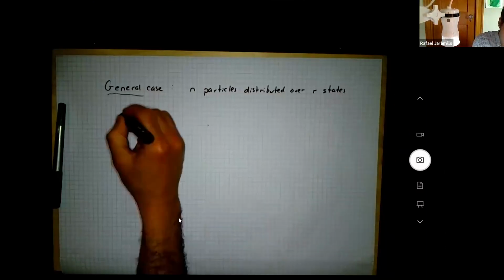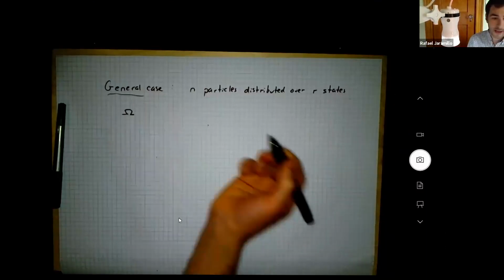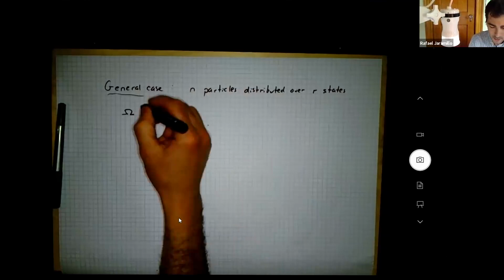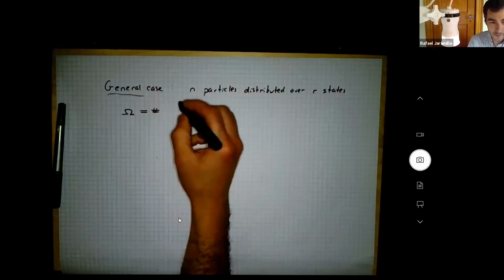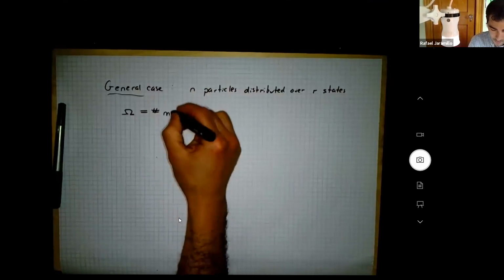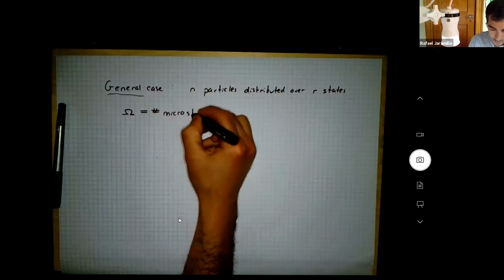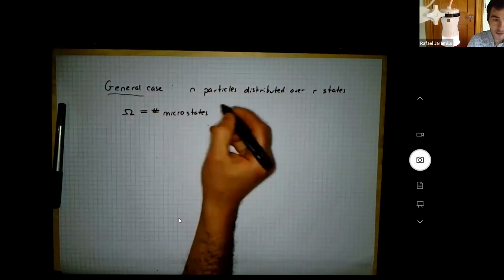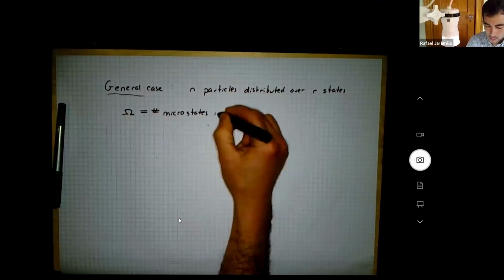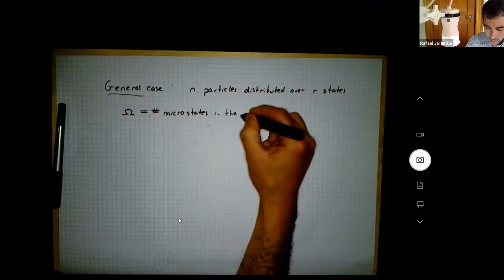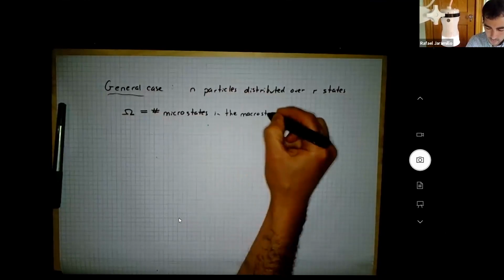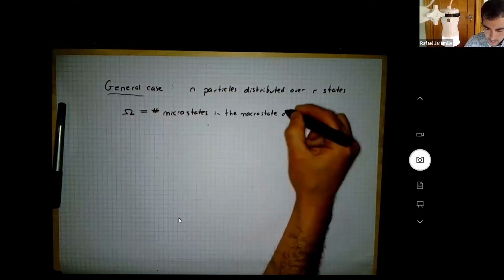And we're going to introduce capital omega. Capital omega is going to be the number of microstates in the macrostate defined as